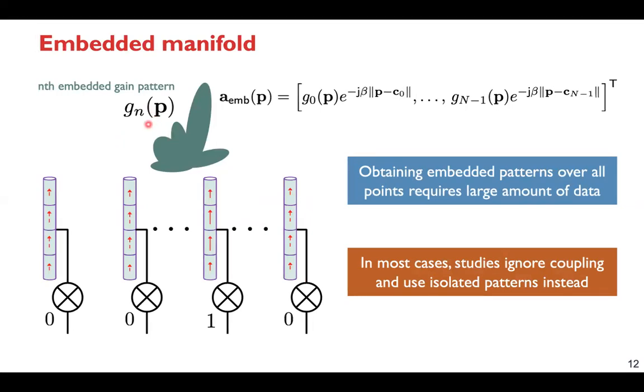For example, in a large array setting, the embedded pattern would be difficult to measure even in simulations, just from the sheer amount of elements in the array. So while this is a more accurate approach than the isotropic manifold, it's not always computationally tractable, and it's also not as analytically, mathematically tractable as the